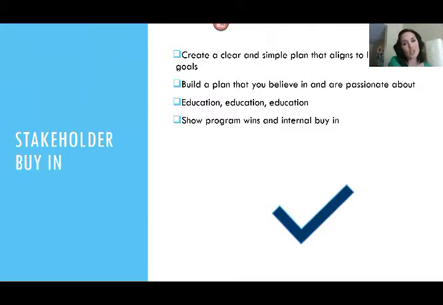The next one, education. This is huge. You're going to have to continually do it. Learning and development has typically been something that a lot of people don't have a lot of background in. They don't have a lot of understanding in. So continually educating your employee base, the stakeholders, the management, the board, everybody on why you are here, why you're important, and why what you're doing is really valuable is huge.